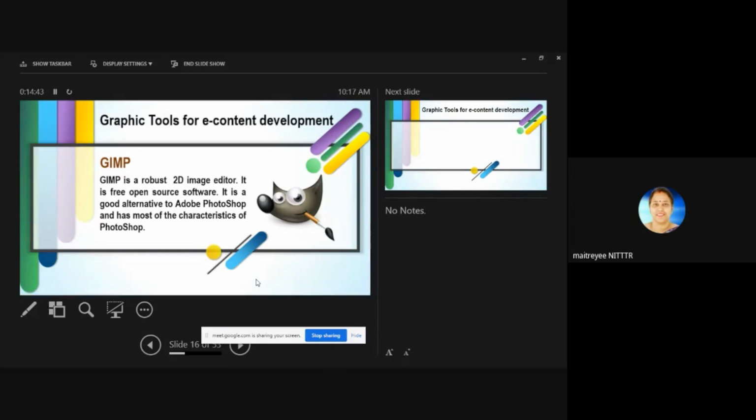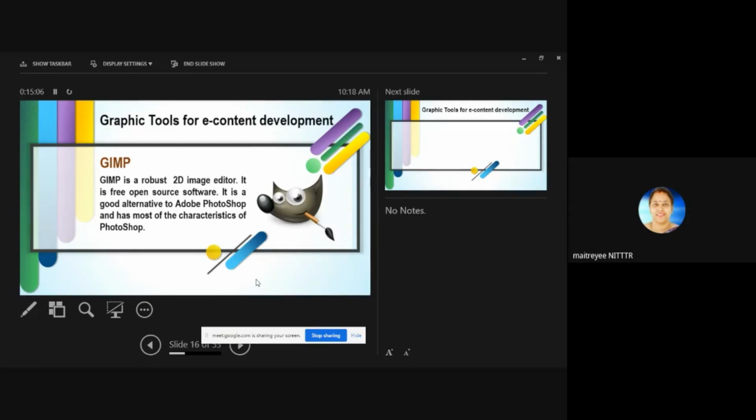Now, this is your GIMP. That software is actually replacing Photoshop to some extent, right? Photoshop is very vast image editing software, and GIMP is also image editing software, and it is a good alternative.